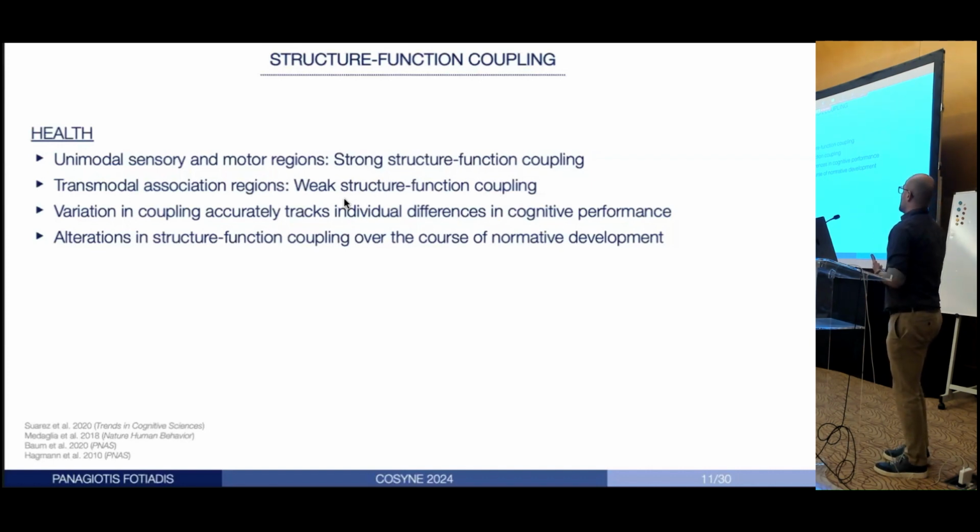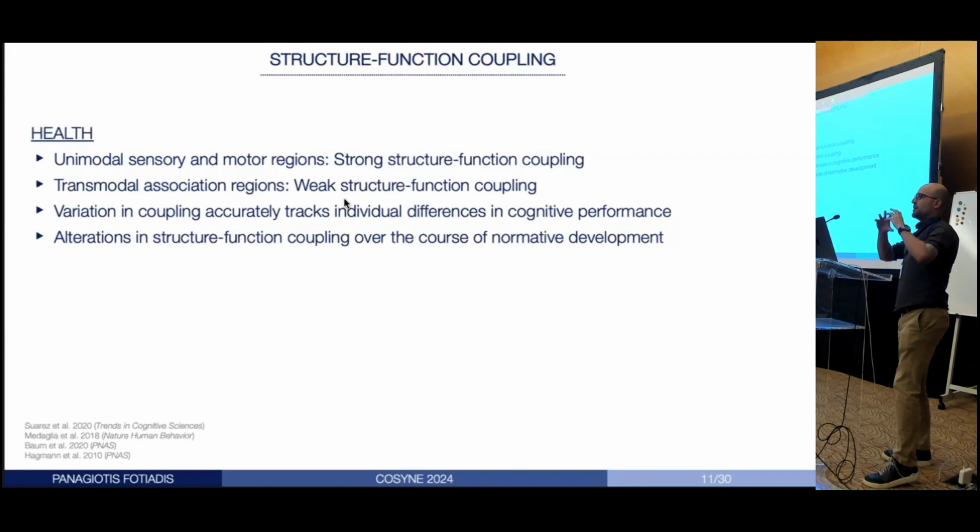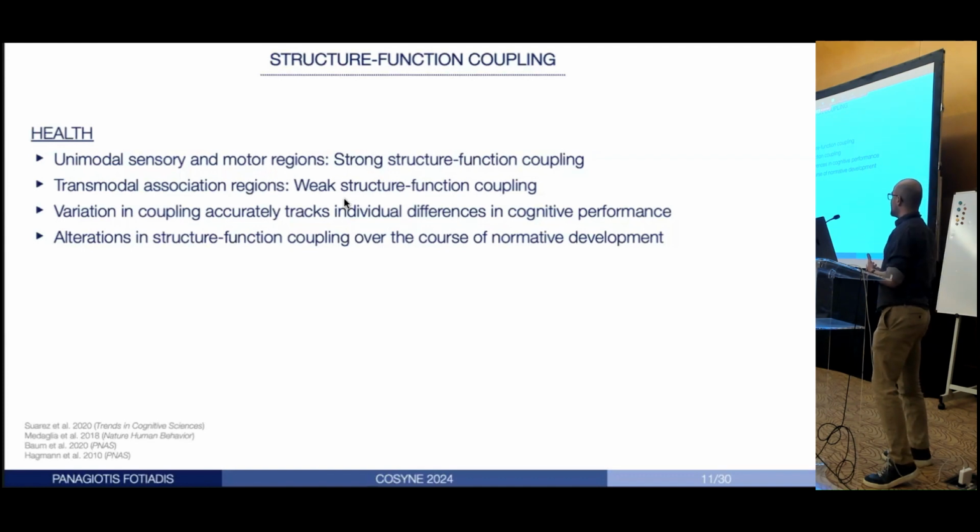And besides that, from a behavioral standpoint, other studies have also pointed to the importance of structure-function coupling by saying that if you extend it beyond the regional standpoint to the individual standpoint, then differences in structure-function coupling across individuals have been doing a pretty good job at predicting how those people will behave differently in cognitive tasks. And lastly, of course, as you can imagine, structural connectivity and functional connectivity change across neurodevelopment. So structure-function coupling also has been shown to really change.